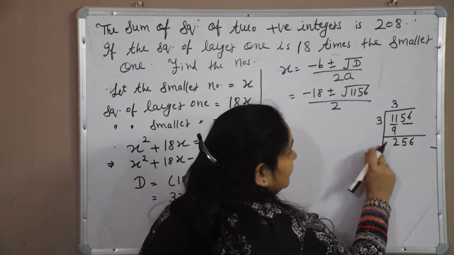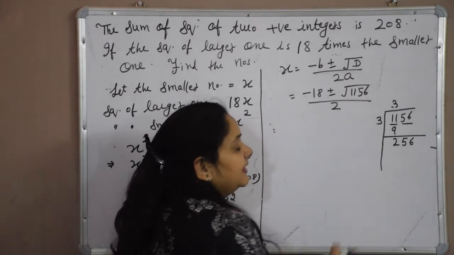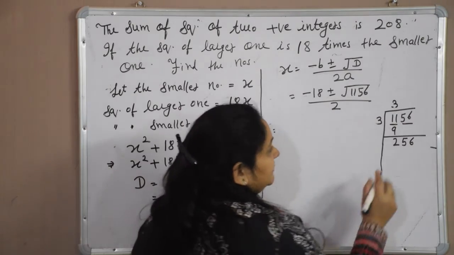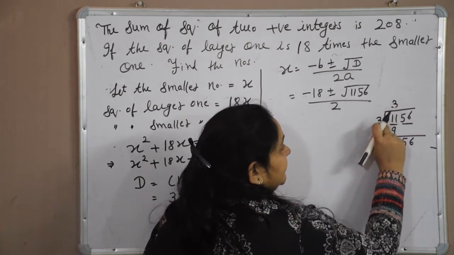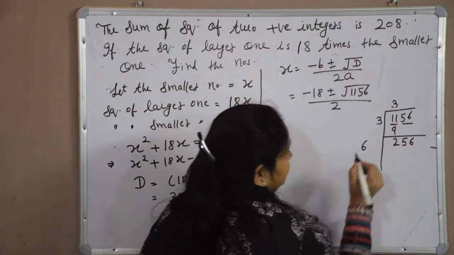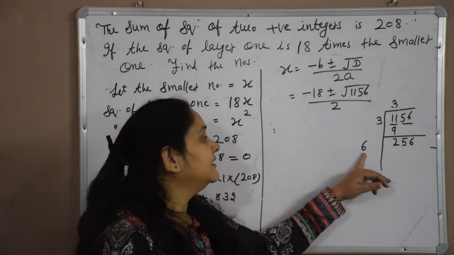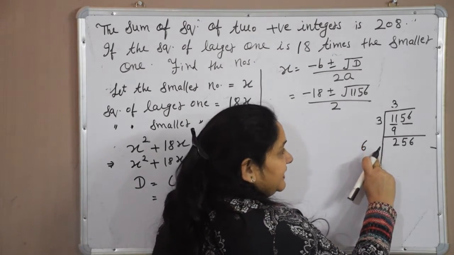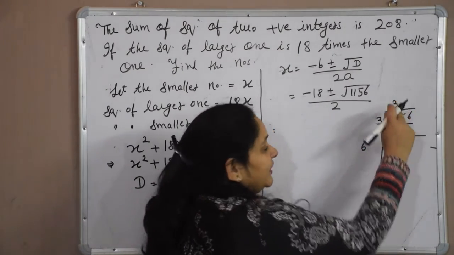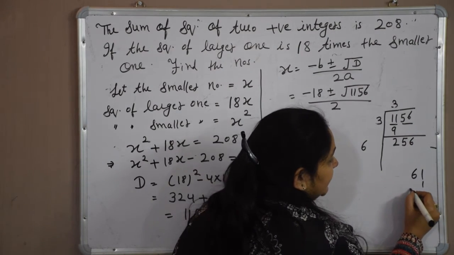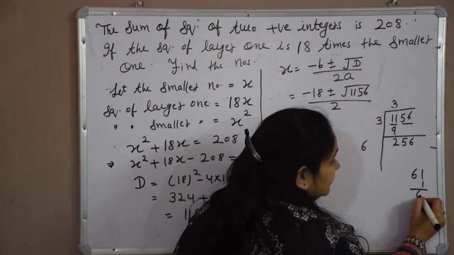And what number do we have to write here, by which we can divide it? We have to make the divisor. How can we make it? Whatever number we are writing here, we add 3 plus 3, 6. 6 is already here. Now we have to choose the next number, and whatever number we write here, that number again we have to write here. Suppose I am choosing 1, 61. So I have to multiply 61 with 1, 61.